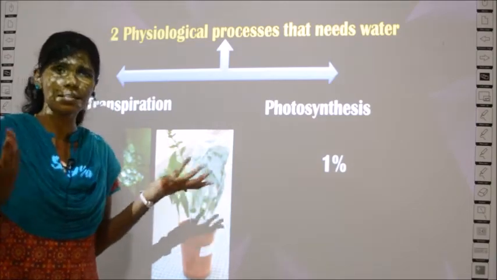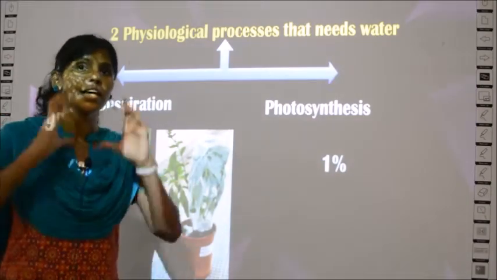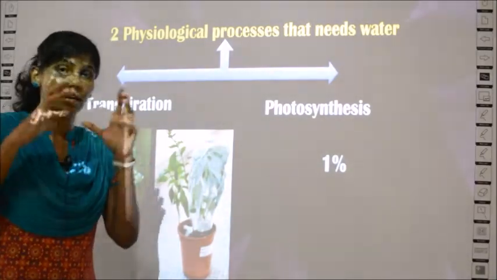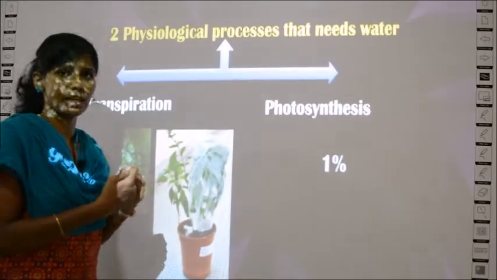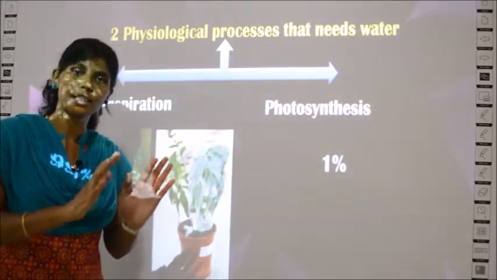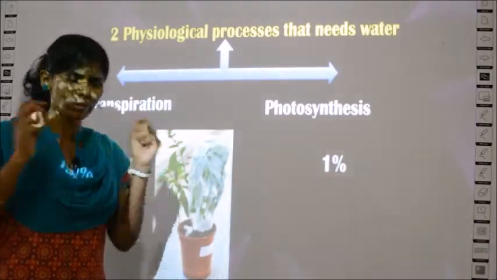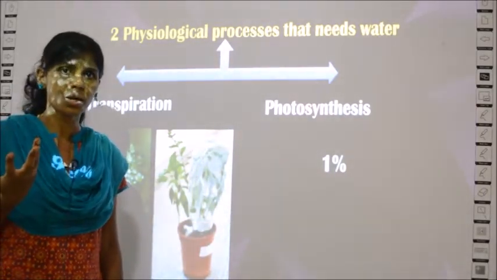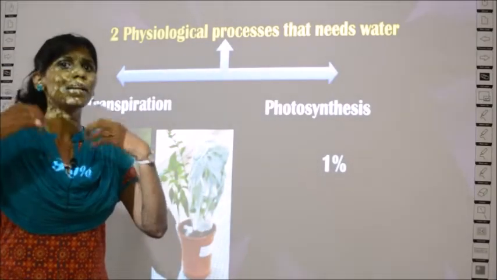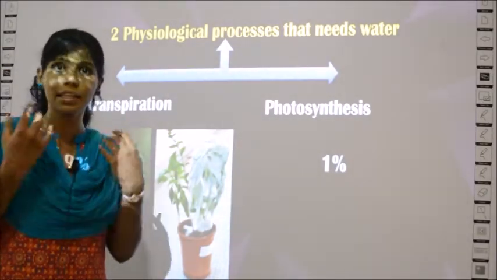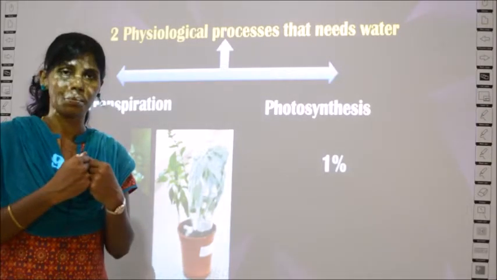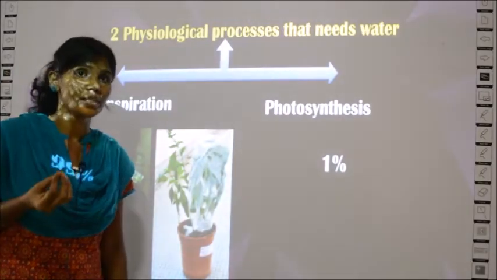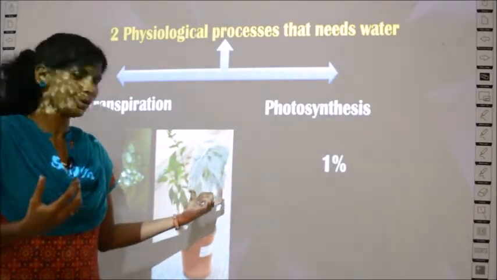So what experiment did I tell you? Take a potted plant, cover a portion of the stem with a plastic sheet and tie it with a rope or a rubber band. Keep the plant undisturbed for some hours, and after some time if you open the plastic sheet you can see water inside. From where did you get the water? The leaves have released the water droplets. But if you don't cover it, it will just evaporate into the atmosphere. That's why we cannot see it. So if you need to check, you can do it like this.